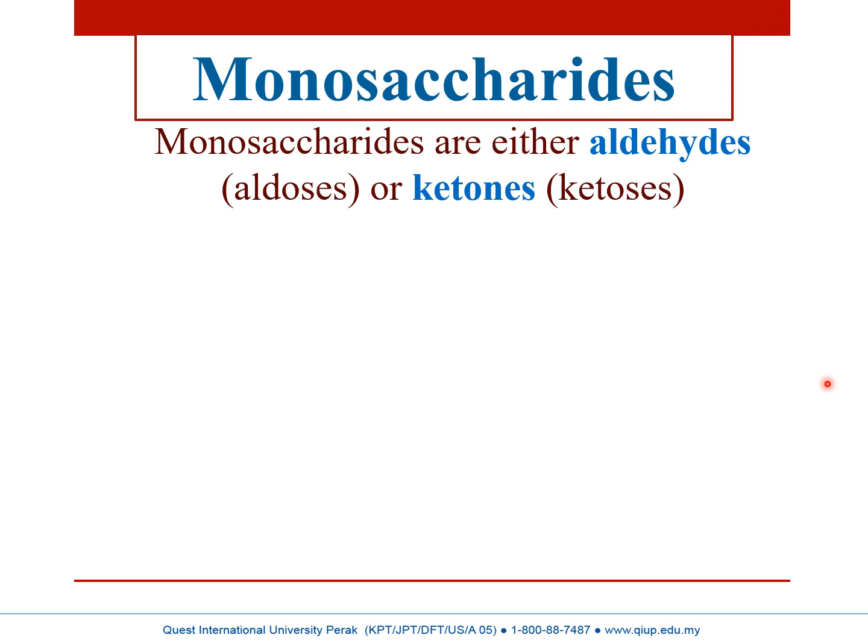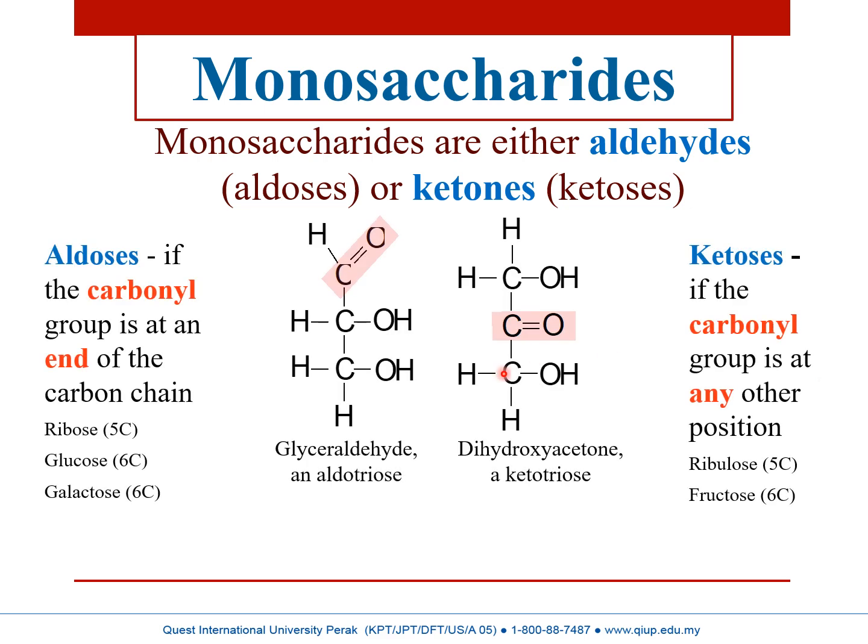So you have two types of sugar, aldoses and also ketoses, based on what is referred to as having the aldehyde group. The carbonyl group is attached to hydrogen rather than another R group. If the carbonyl group is attached on both sides with R groups, either R1 or R2 or the same type, then it's a ketose. So here is already given the definition of what is aldoses, while here is the ketose.